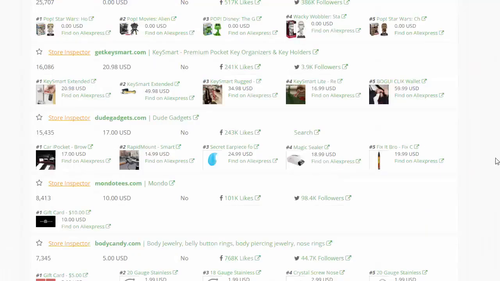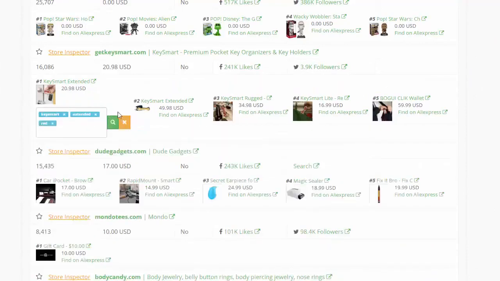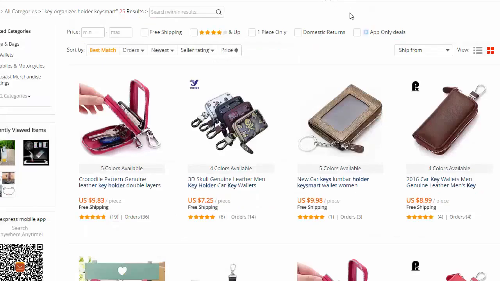Another option inside of Intelligynce is you can actually click this little link. It says find on AliExpress. If you click that, it'll give you a bunch of different keywords that you can search on AliExpress for this particular product. It just takes the keywords from the actual title. And all you have to do is just click the button and it heads over to AliExpress,